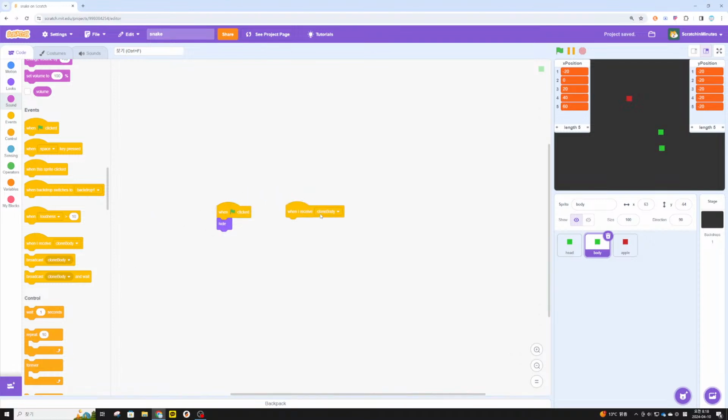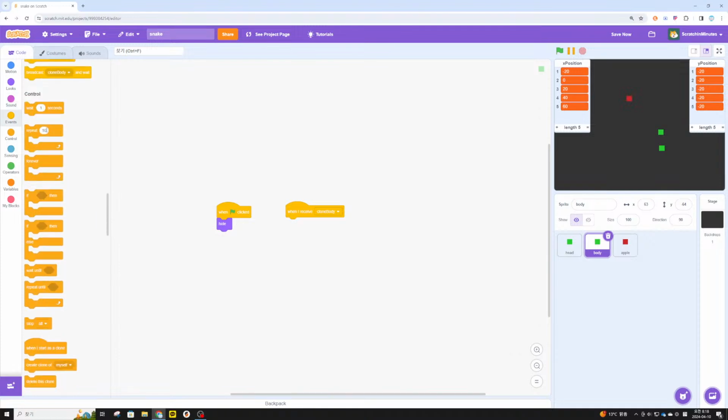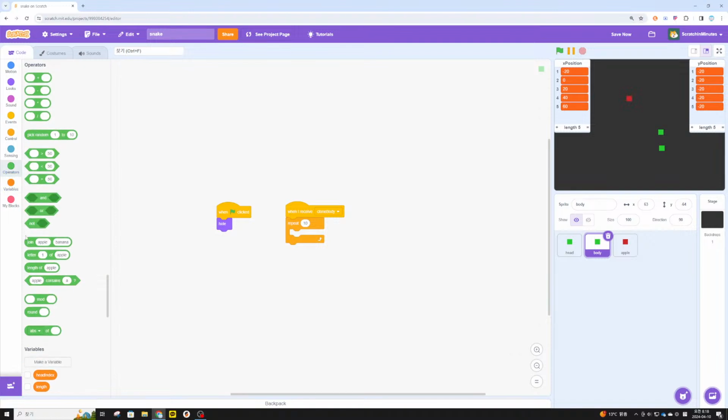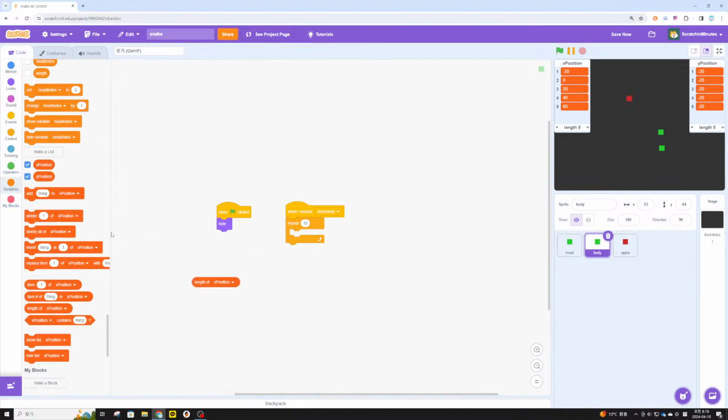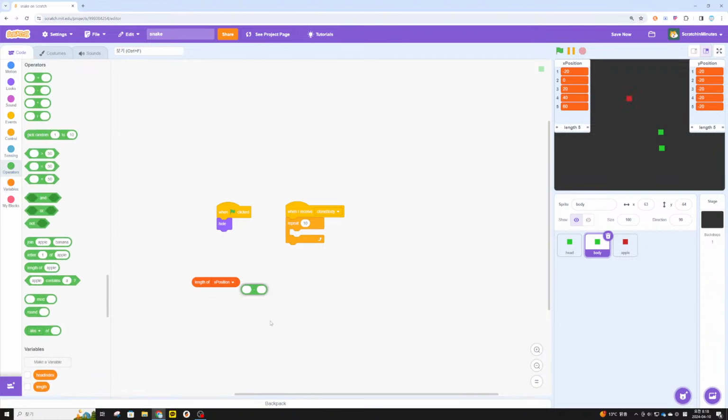And when we receive clone body, we're going to repeat the length of X position -1 times,